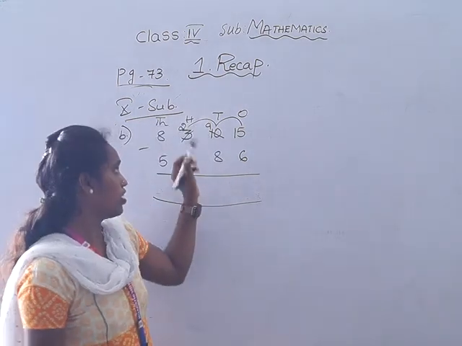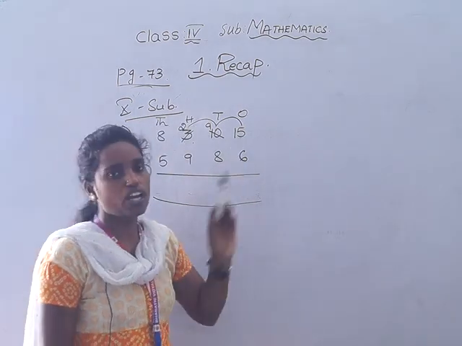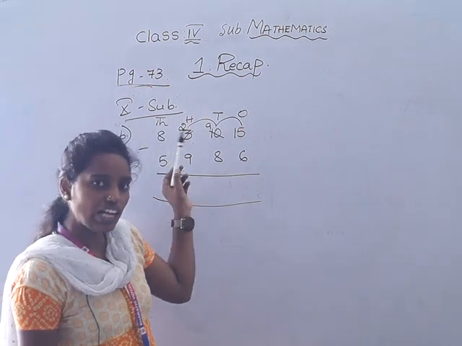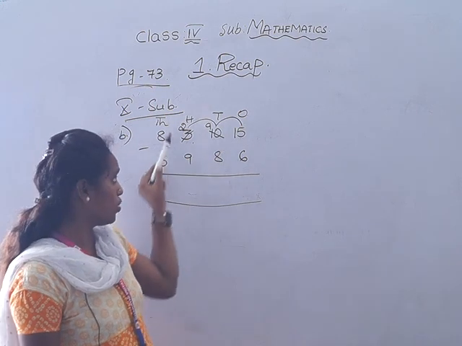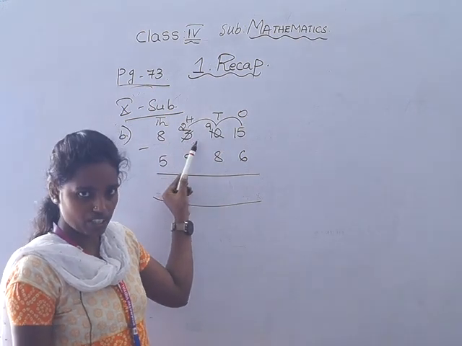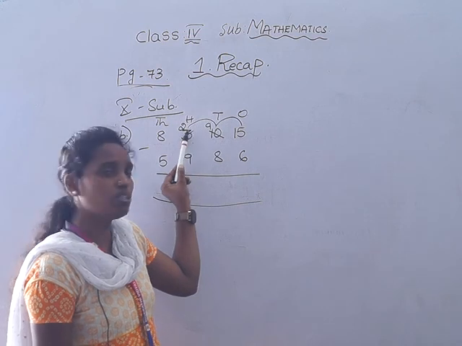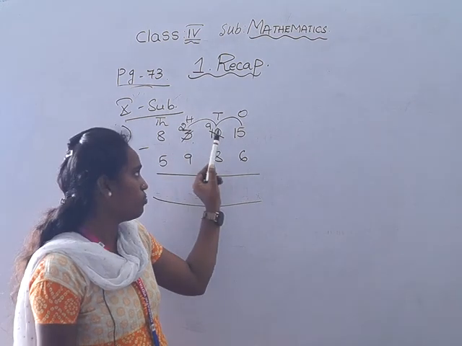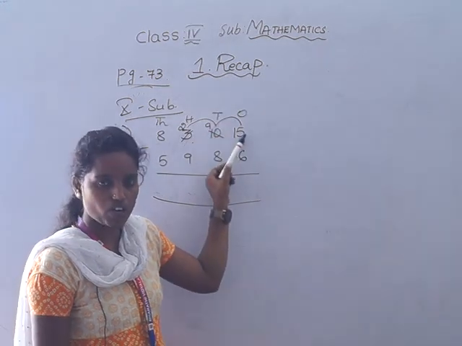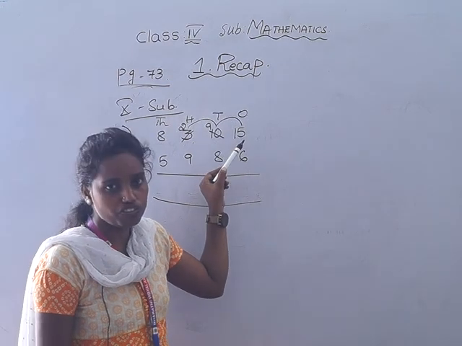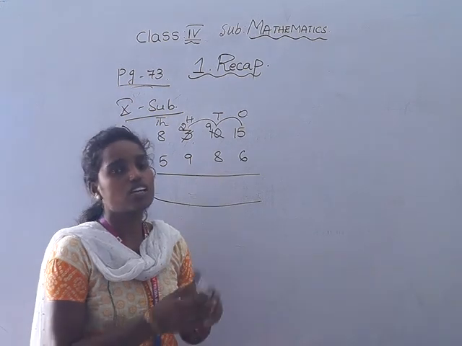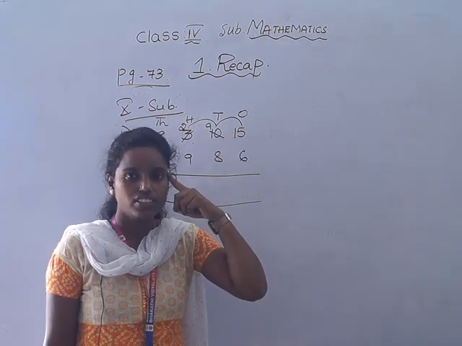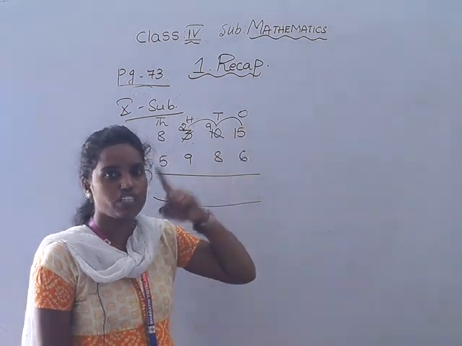Let's do once again. As 5 minus 6 we can't do, so we are taking borrowing from the next one. It is 0, so we are going to the hundreds place. From hundreds place we are taking one borrow. 3 minus 1 is 2, and again from tens place we are taking borrow. Then this number became 15. So from 15 we should subtract 6. First keep 15 in the mind. Okay children, keep 15 in the mind.